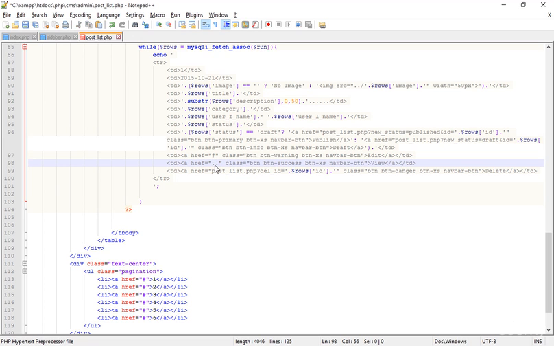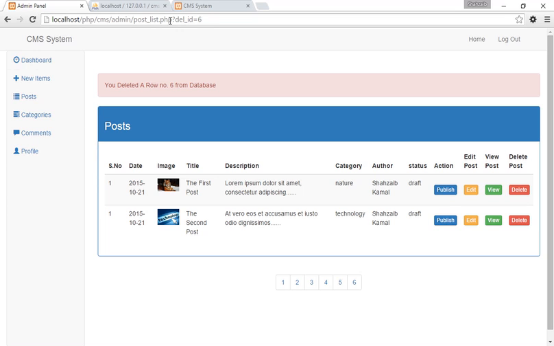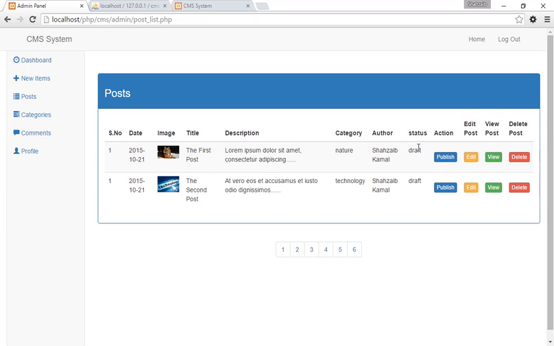Let's go back a little, to the back directory, because the view page is in the CMS folder and we are in the admin folder. So we have to go back, and when we are just in the CMS folder, then we can type post.php. Now just go to the browser and refresh that, and then if I click on the view button, now